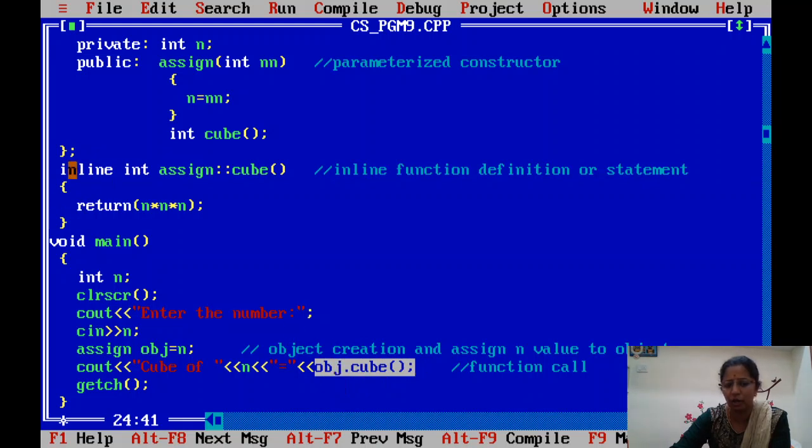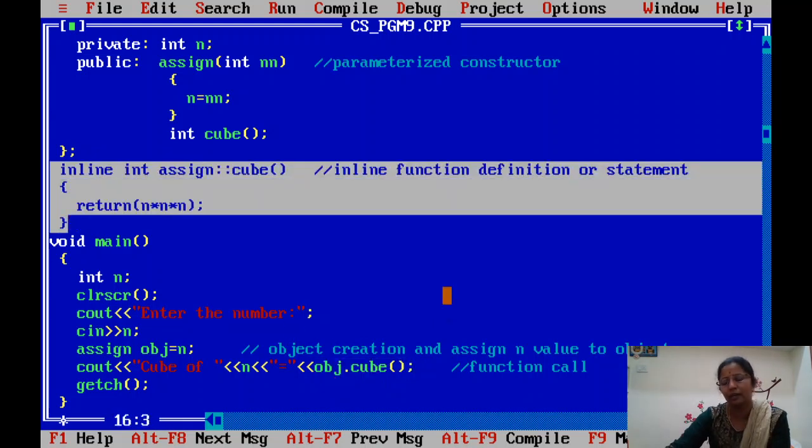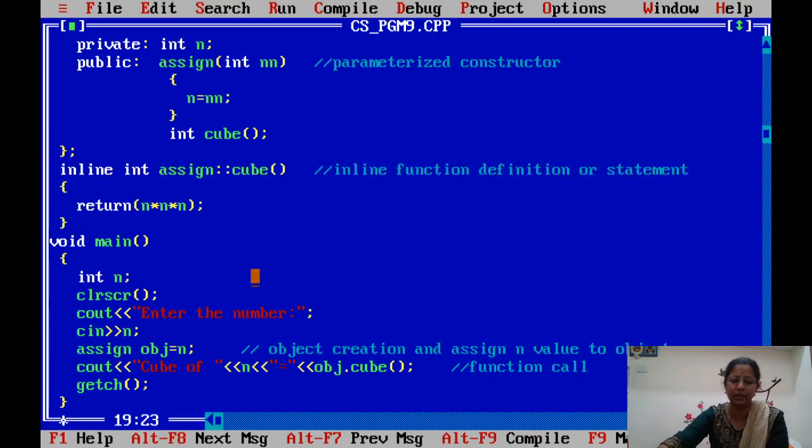See, before the function call, we have defined the inline function. And inline functions are used only for small functions, not for complex programs. Program execution begins with void main. Your program clears the previous output screen and n will be initialized.